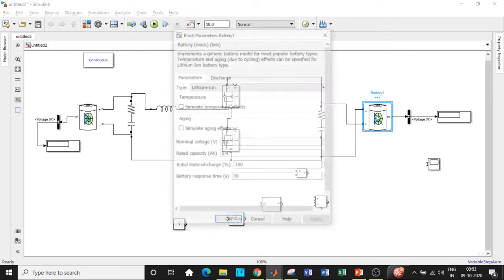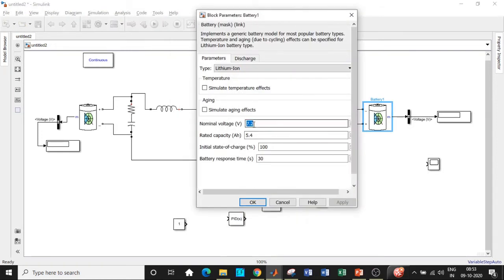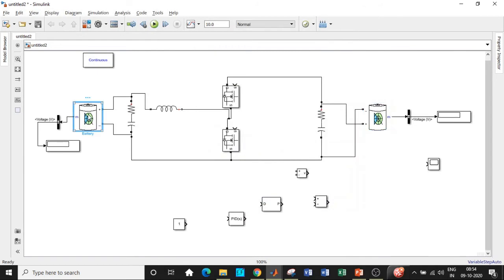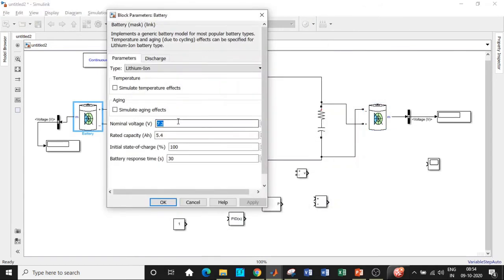Apart from that, one important thing to note is the nominal voltage here. Let me give it as 80 because this is associated with boost converter operation. Let us say the current is 7 amps, initial state of charge let it be 100. So over here, let us say that the voltage at this point is 10 volt, which is slightly lesser because this is buck operation. Like over there it is 80, over here it is 10, so that this ensures buck operation. So it has a nominal voltage of about 10 volt to charge.